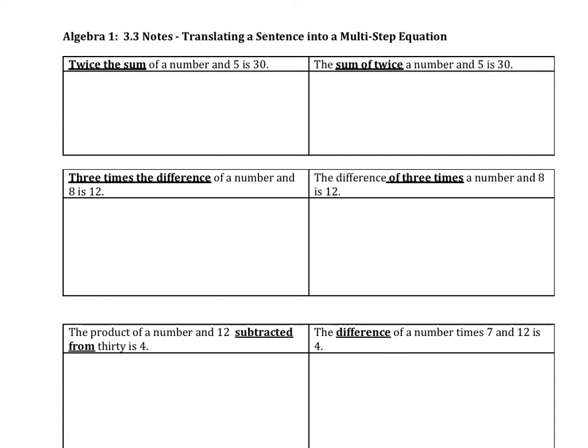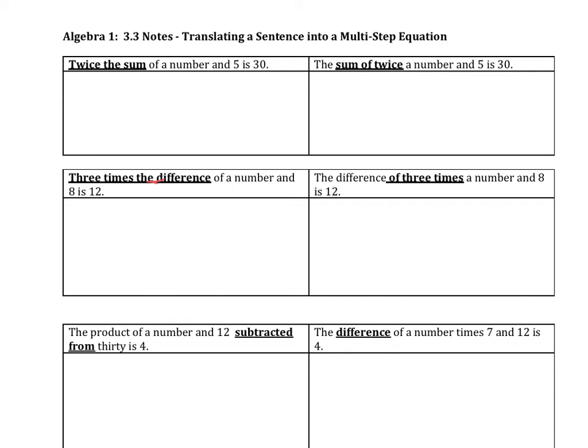Hey guys, so moving on to 3.3 notes, which is all about translating a sentence into a multi-step equation. So now we're going to translate and make them into multi-step equations, okay? So meaning there's going to be some multiplying, dividing, and some adding or subtracting, okay? So it's important that you notice the keywords in all of these, just like when we are translating in general,